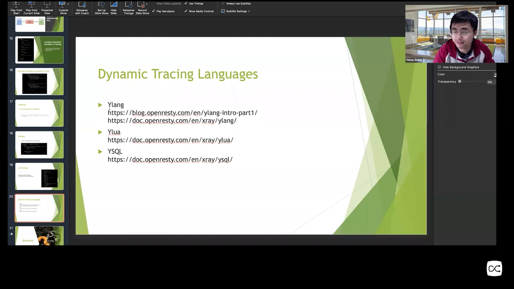So zero changes are made in the target processes. And YSQL is a SQL variant where you can treat any running processes as a relational database, and they can query against it to collect deep metrics directly from those processes without their collaboration.